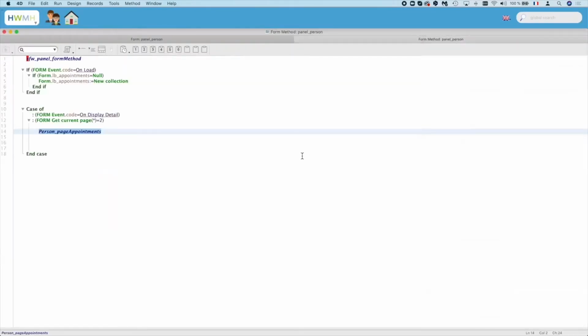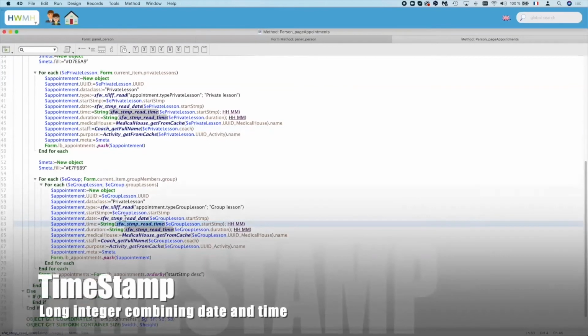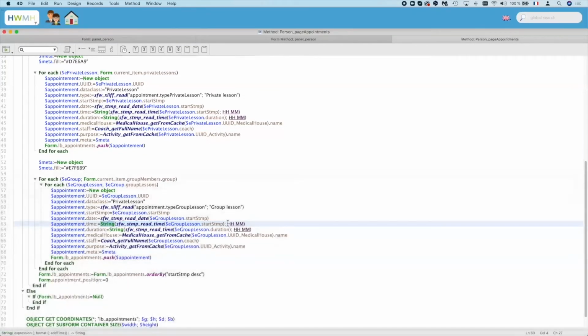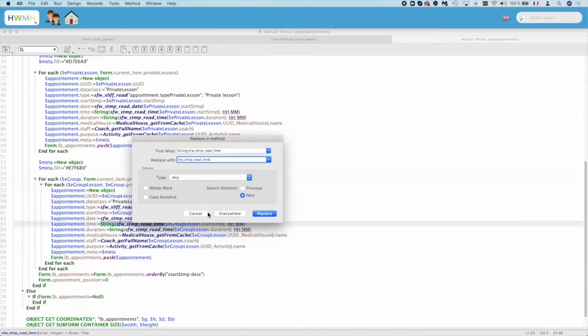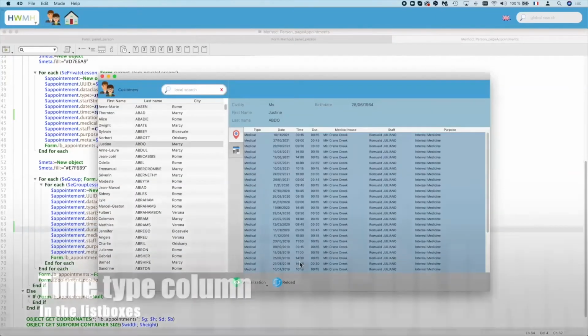Now let's look at the form method and look at the calculation method for this list box. In fact, what we're doing is we are manipulating timestamps, stringifying them, and saving them in the correct format for display. But now we can just manipulate the time values themselves, removing the extra steps. And now if we reopen the form, the values look the same, but they are now real time values behind